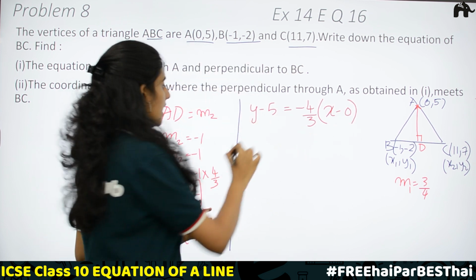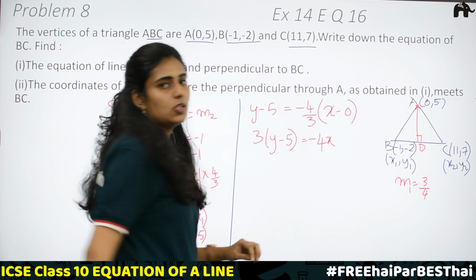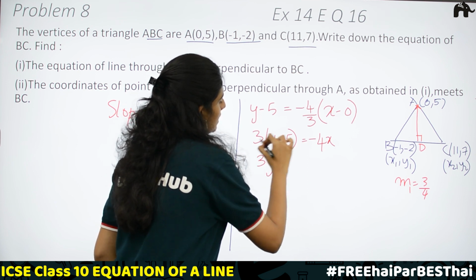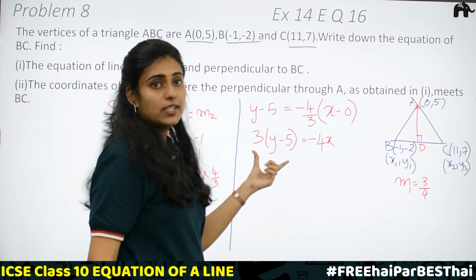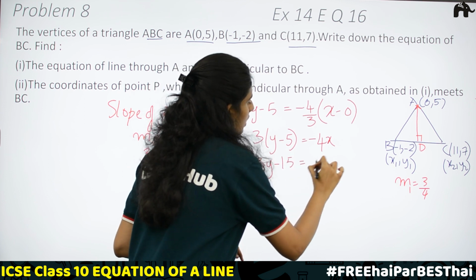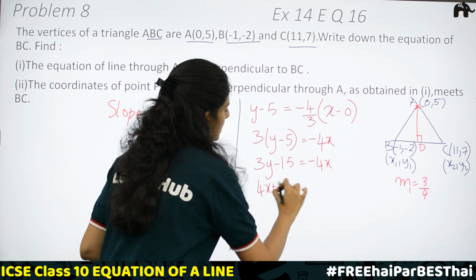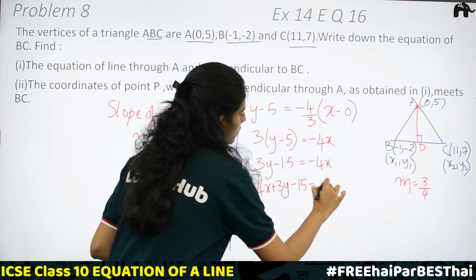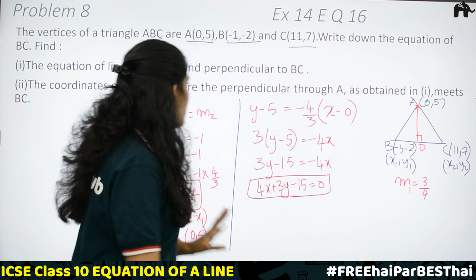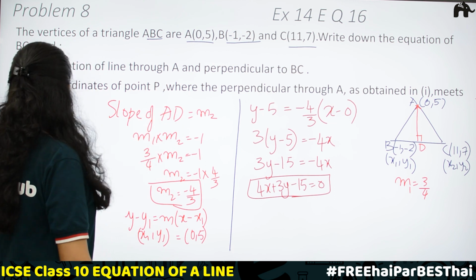Taking this 3 to the opposite side, 3 into y minus 5 is equal to minus 4x, since x minus 0 is x. Removing the brackets and multiplying, we get 3y minus 3 into 5, which is 15, equal to minus 4x. Taking this minus 4x to the opposite side, we get 4x plus 3y minus 15 is equal to 0. So, this is the equation of line AD, which is the line that is perpendicular to BC and through point A. Now, the second part,